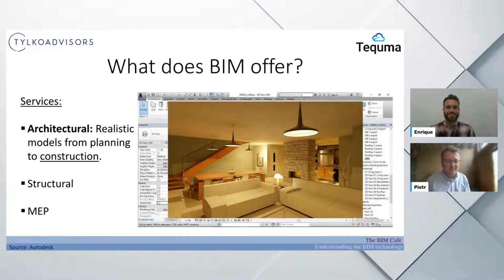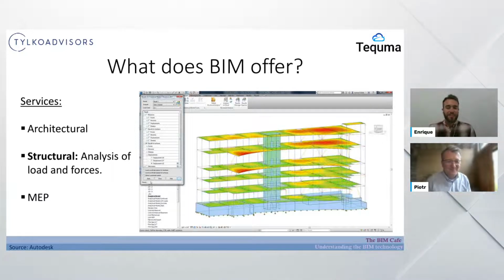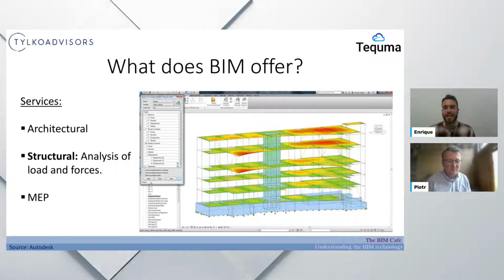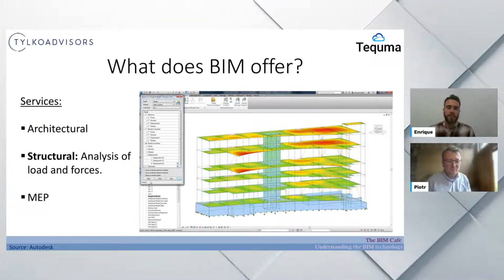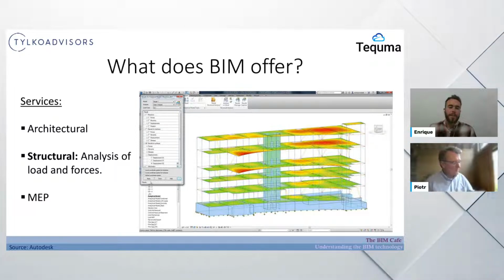Okay, clear. Another important part is the structural, and with structural slash engineering is where we can do all the technical side of the simulation. I highlight this one as analysis of loads and forces. For example, you can run simulations to see how the forces or the strength are balanced or distributed along the building. In this case, the simplest one is to take a building.